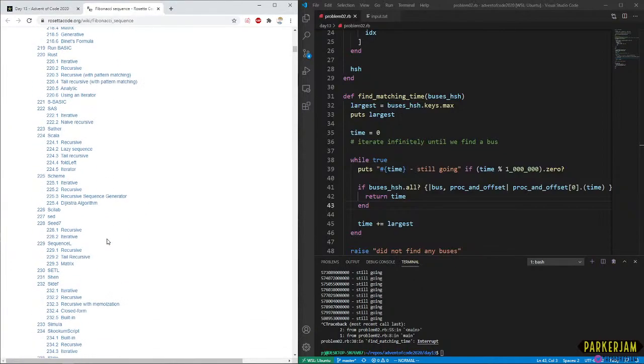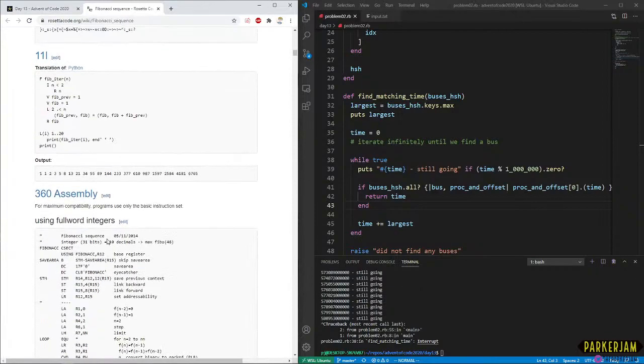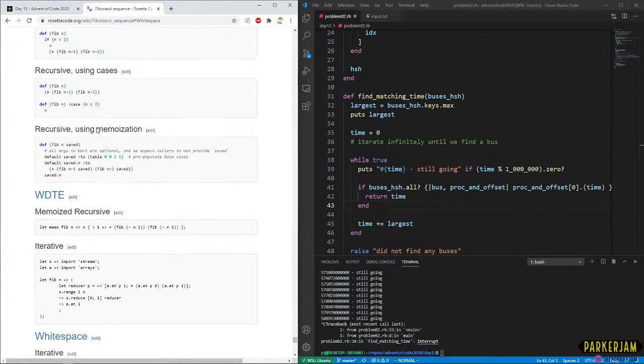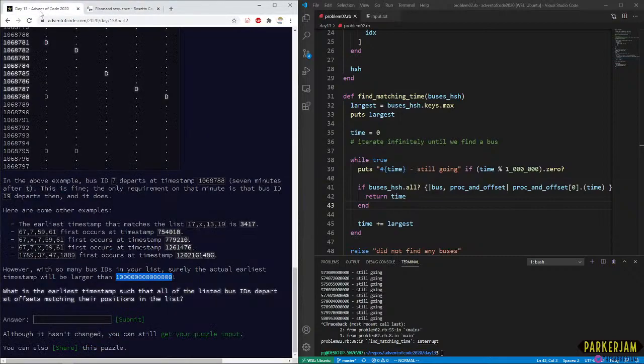I forget what it's called. It might just be called Whitespace. Oh yeah, okay, so it actually has the whitespace version. So everyone who has a pet language is going to implement Fibonacci. That makes a whole lot of sense. Well, I'm feeling better if the entirety of Reddit is saying, I didn't know the trick for this one.